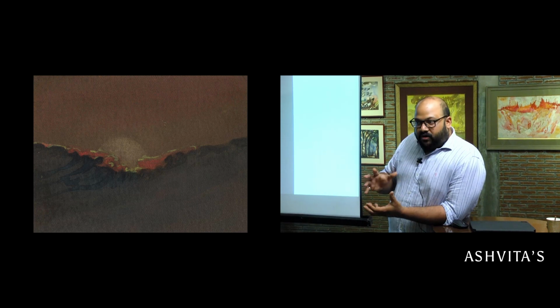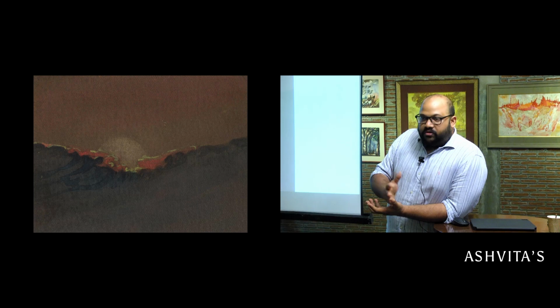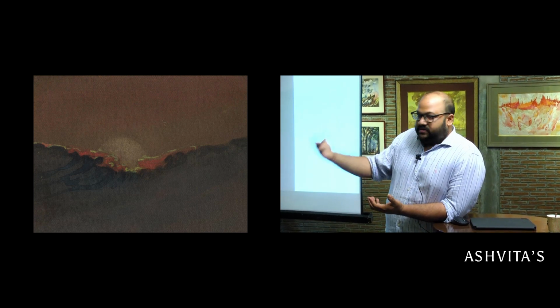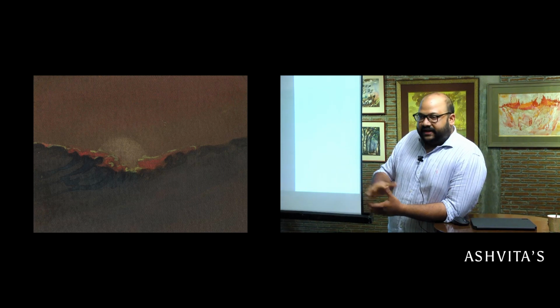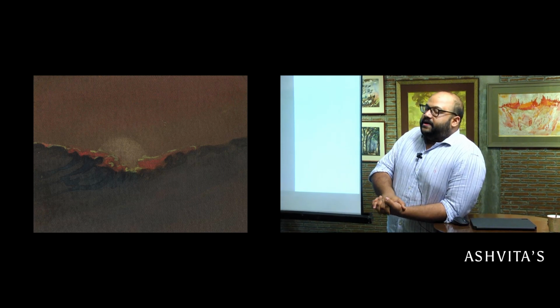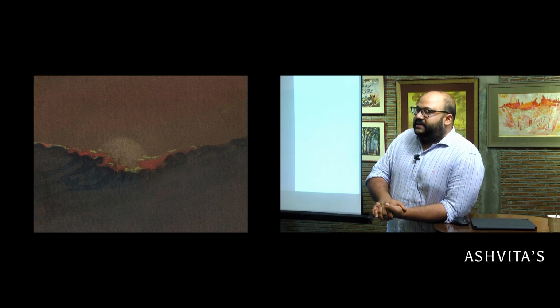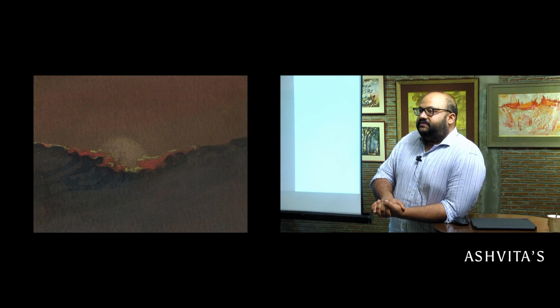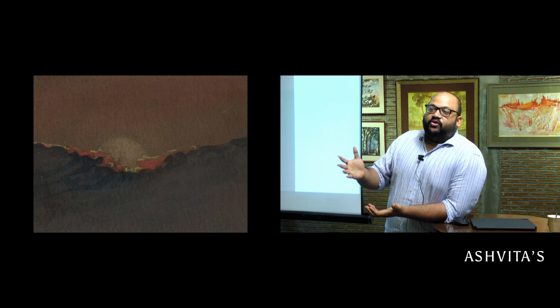When I say Bengal, I'm using that term particularly because it covers what we know of as Calcutta and what we know of as Bangladesh. A lot of artists did come from then. We were one larger country at that point, and of course regions that are loosely around the Bengal presidency, right? So what happens there is that there is a very powerful gentleman by the name of Rabindranath Tagore, right?